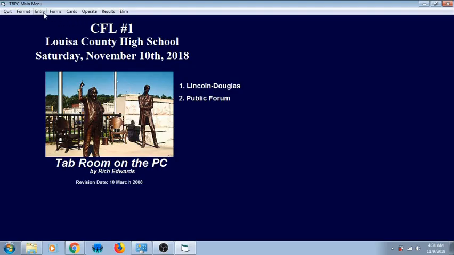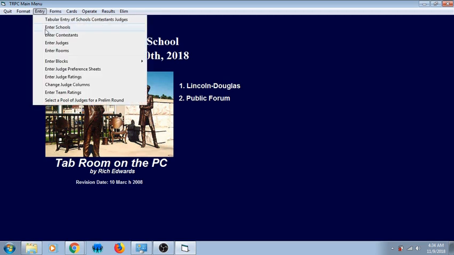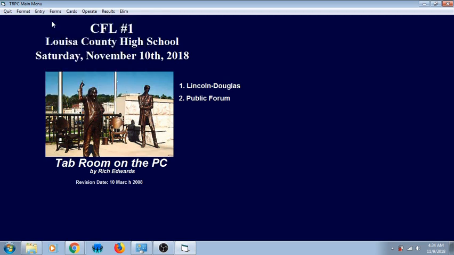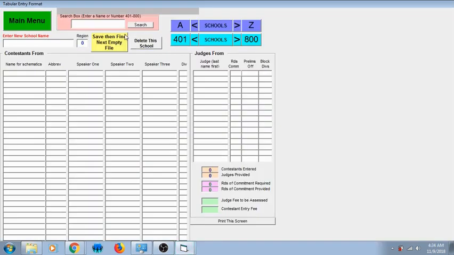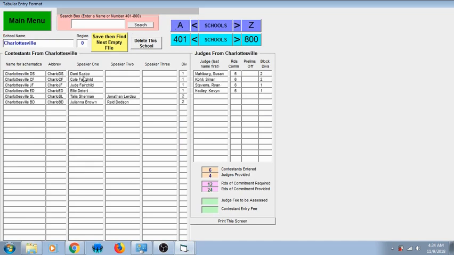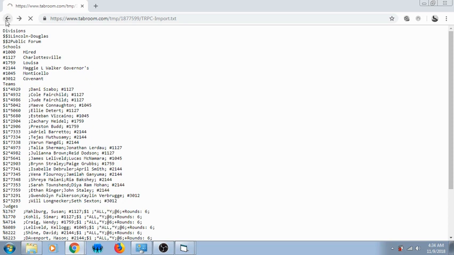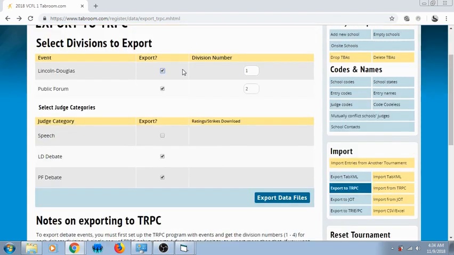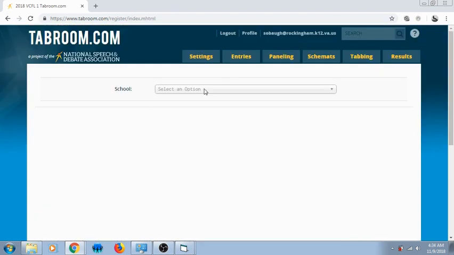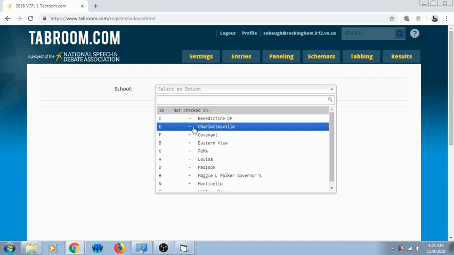is not something we normally do, but you could go to tabular entry of schools, contestants, and judges. Just put in, we'll start with Charlottesville. So Charlottesville here, we can see Speaker 1, Division, what it is for Lincoln Douglas. All you would need to do then is go back to Tab Room. Here I have to go back from the information we had. And then if I go up to Schools and pull up Charlottesville,